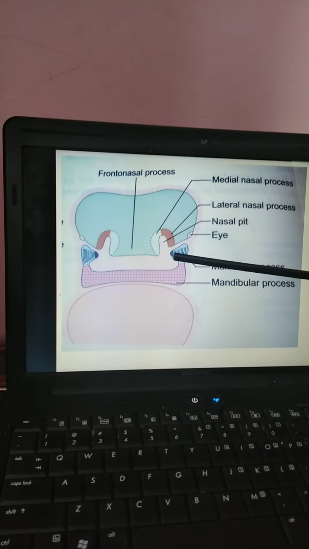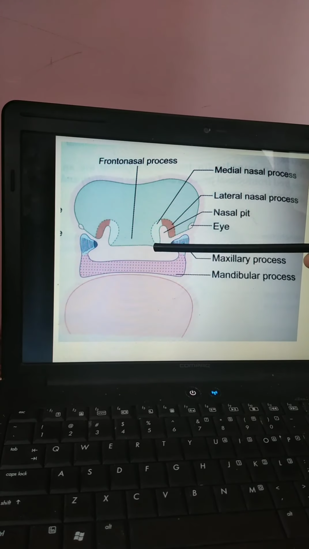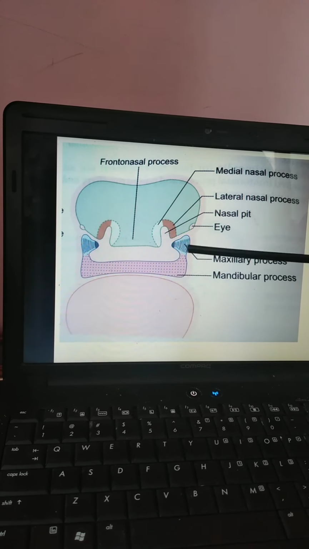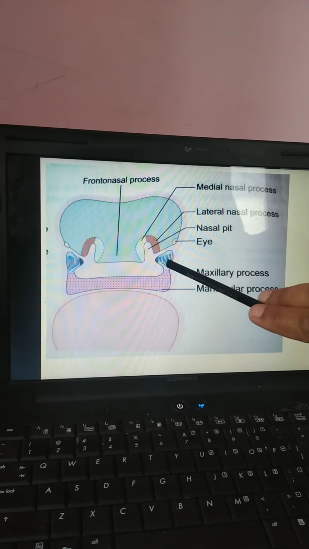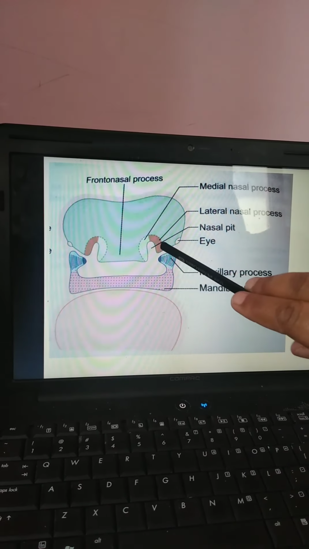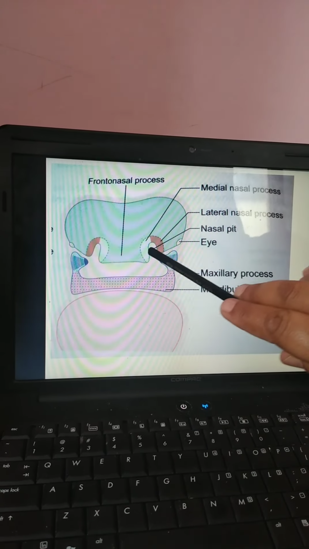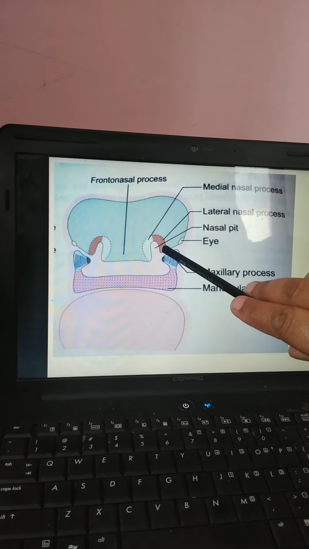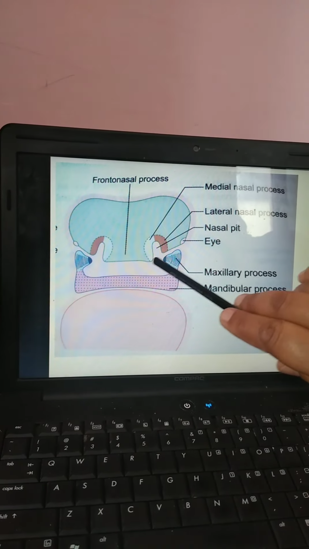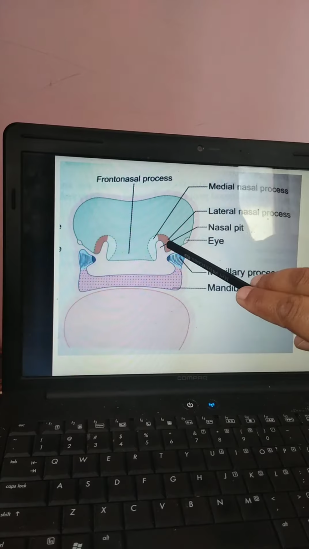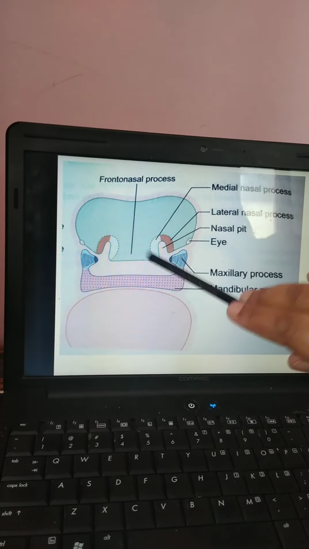They fuse towards each other, and this part forms the upper jaw, the upper lip, and part of the cheeks. Now when we see this maxillary process grow towards each other, first it joins with the lateral nasal process and then the medial nasal process. Then the lateral nasal process and medial nasal process also join each other. And now we can see the external nares, that is the nostrils, get cut off from the stomatodeum.